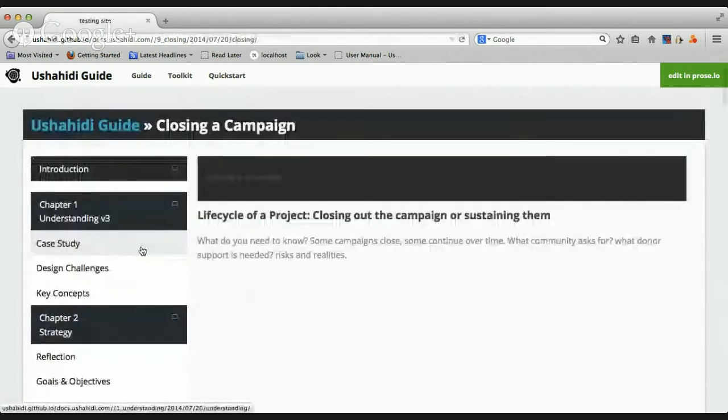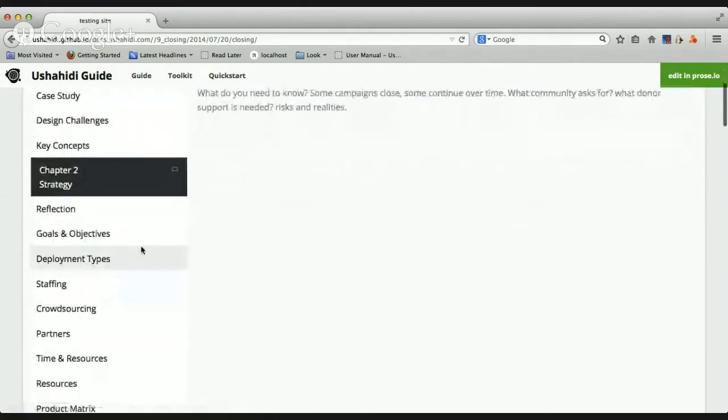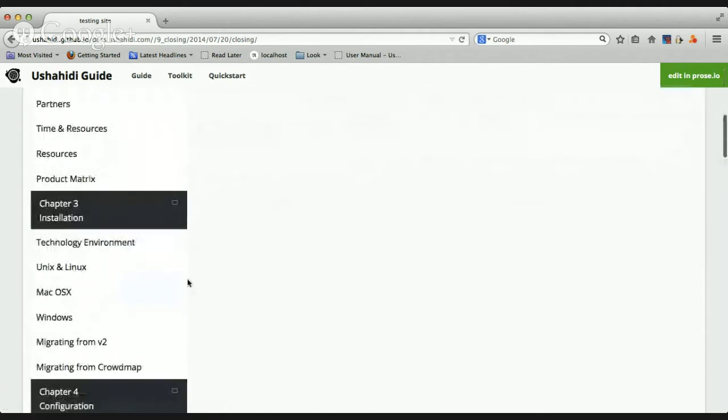We'll go through and look at, in the end, if you have data and you've decided that the campaign has come to a close or the election cycle is over and the data now needs to be archived, what does that look like? How do you deal with the technical issues of taking the instance down, curating the data, archiving it, putting it under an open license or a closed license, and then also how do you communicate with the community and do your evaluation of how well this went